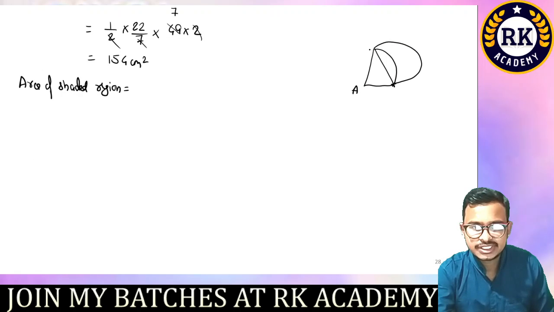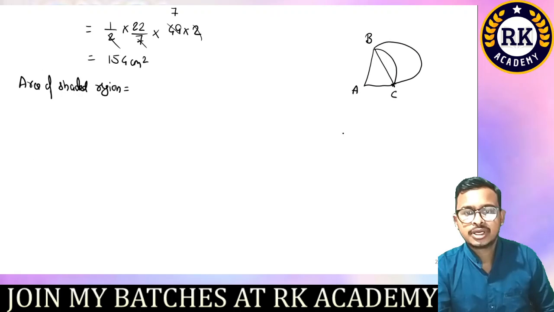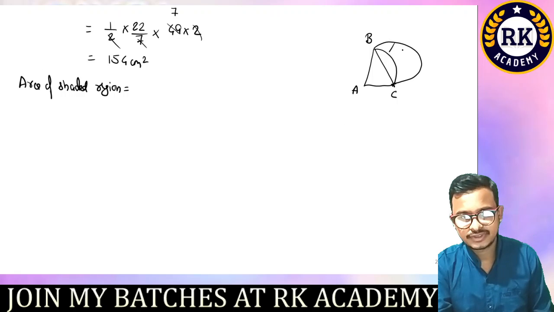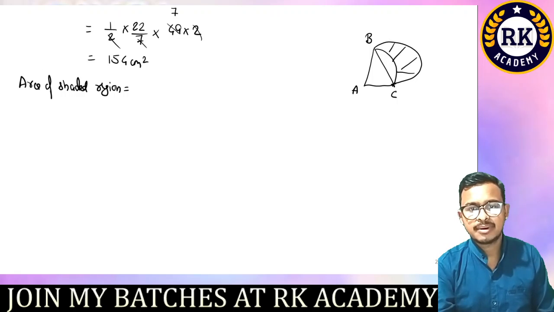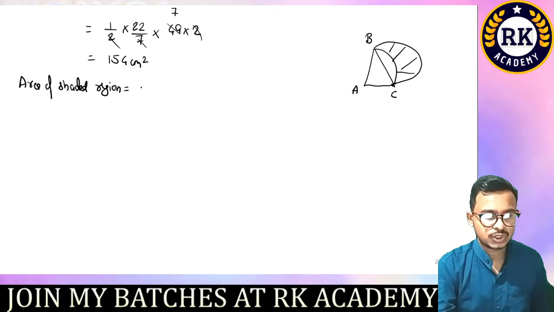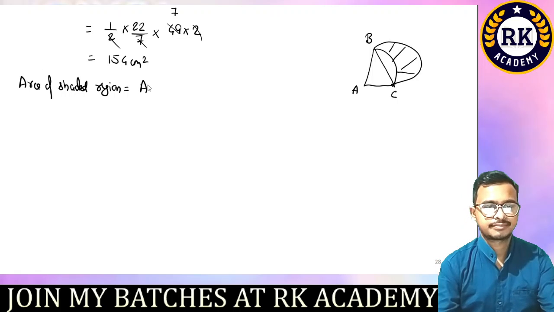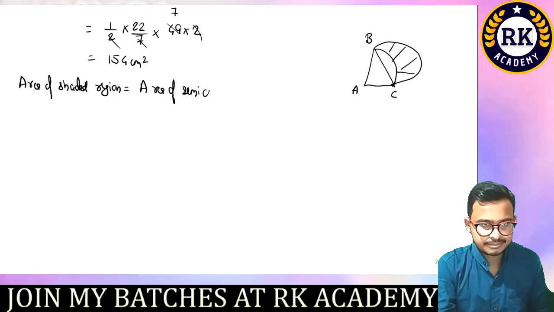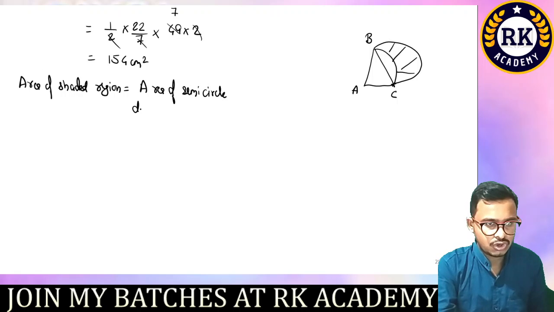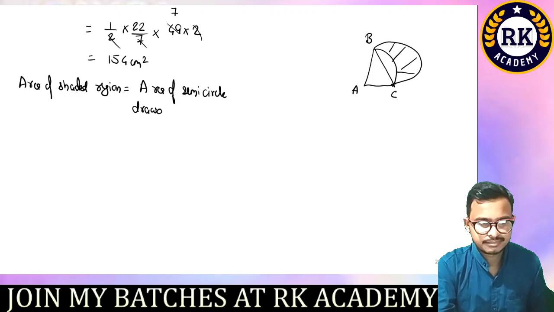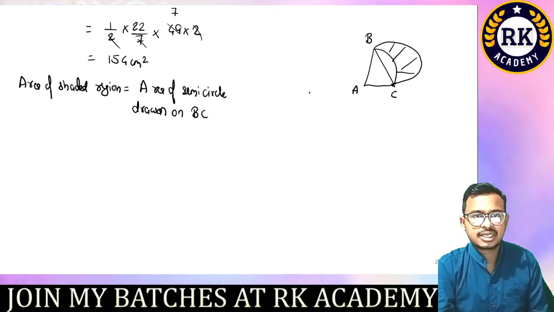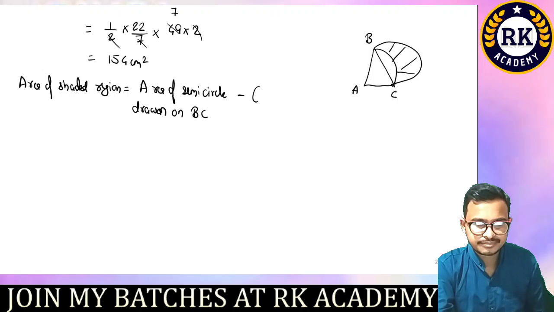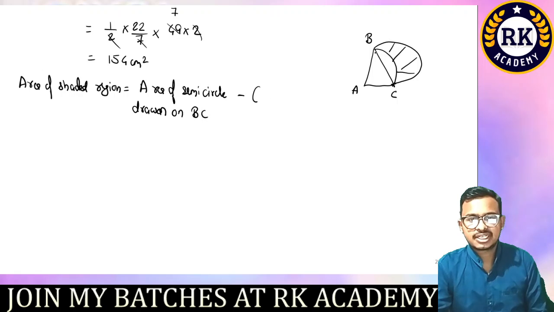This figure, what we say ABC. ओके, अब आपके पास शेडेड पोर्शन सिर्फ इतना पार्ट है, मतलब आपका एक सेमी सर्कल सबसे पहले आप कर दो। सो, area of semicircle drawn on BC. BC पे जो मैंने सेमी सर्कल है, उस सेमी सर्कल में से, ओके, अब इस सेमी सर्कल में से अगर